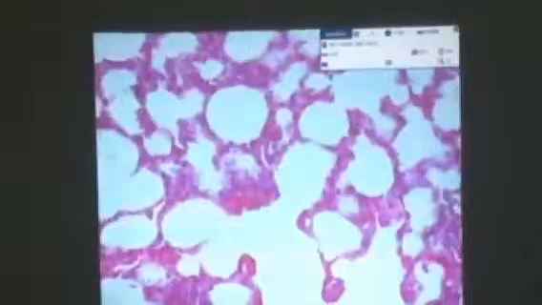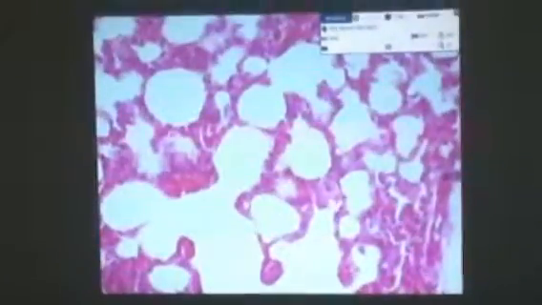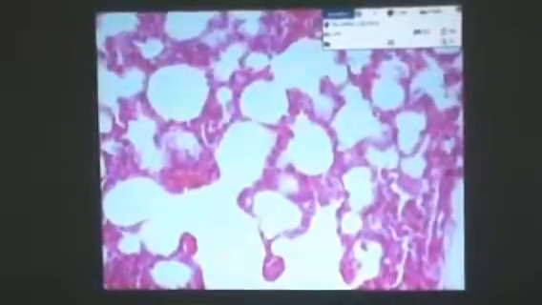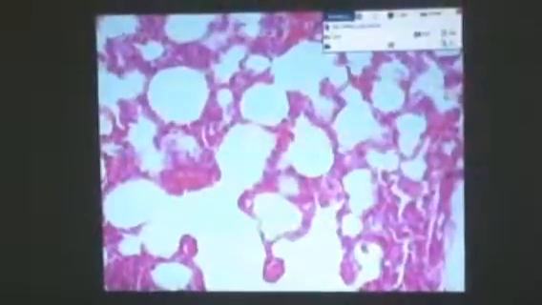What is the epithelium lining the alveolar sacs? Simple squamous epithelium. So that's the simple squamous epithelium. And then, in between the simple squamous epithelium are the capillaries. There, it's a capillary containing red blood cells. Another capillary. What type of epithelium is lining the capillaries? Simple squamous pa rin. Now, peculiar to the capillaries,